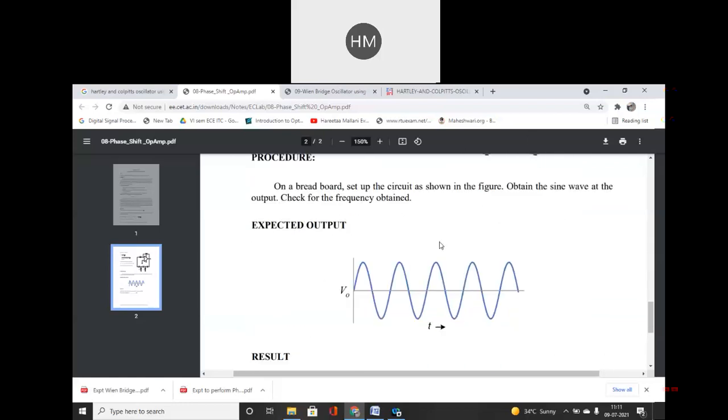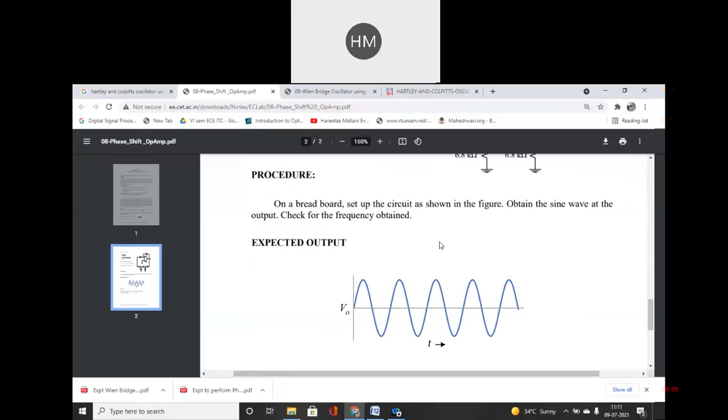So this is the basic designing of your RC phase shift oscillator, and I will put this circuit on a breadboard or I will mount the circuit on simulation software, which you can do at your home. Okay, and we'll just check the output. Expected output is like this. So what you have to do, student, you have to measure the amplitude and time period of this expected output, which you will measure on DSO.